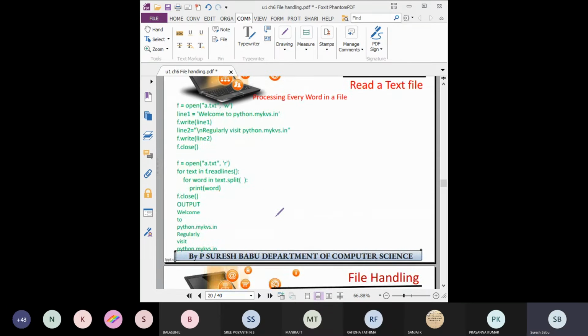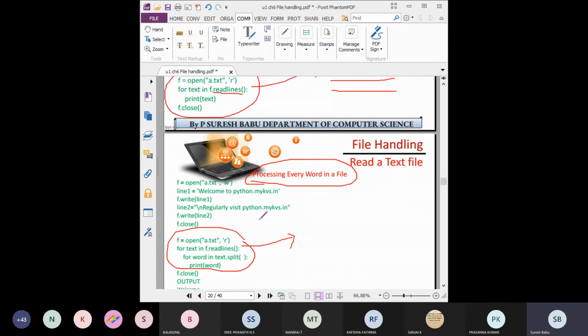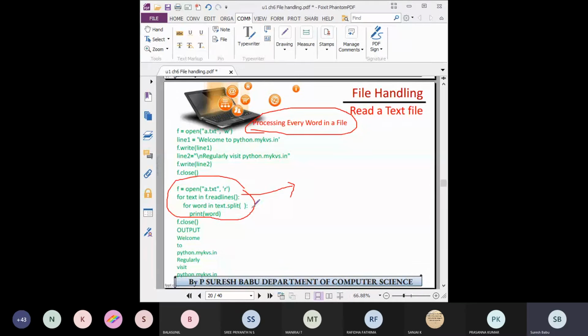So the next one, reading a text file, where we are going to process every word. Kindly see here only this module. Students, by using the previous program, inside again we are using a nested for loop to get an item. The first item will be a string and the second item also a string. But by processing every string, it may be one line, meaning a group of words. So we are going to use the inner for loop to split the words.